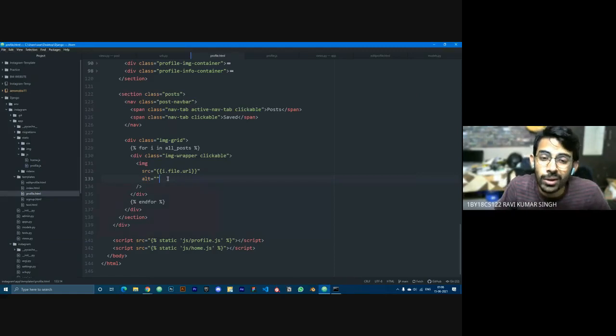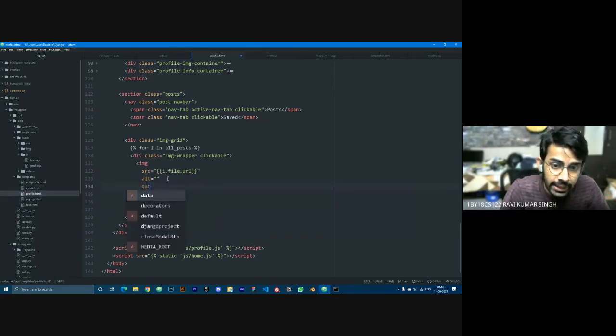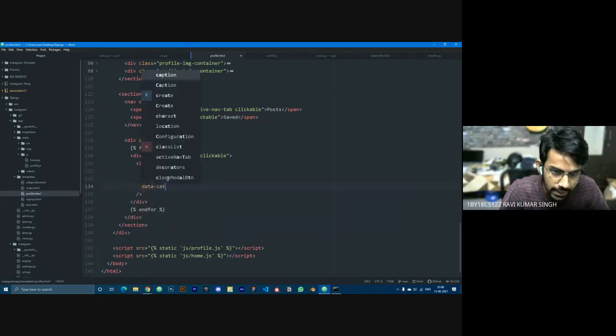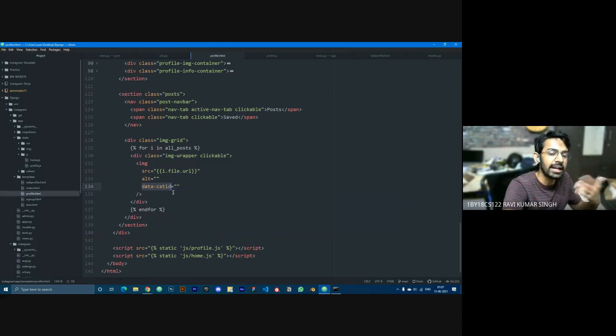So now there's one thing that is called data cat ID. Data cat ID is a data attribute. Using this attribute, the way we used to change the source, right?